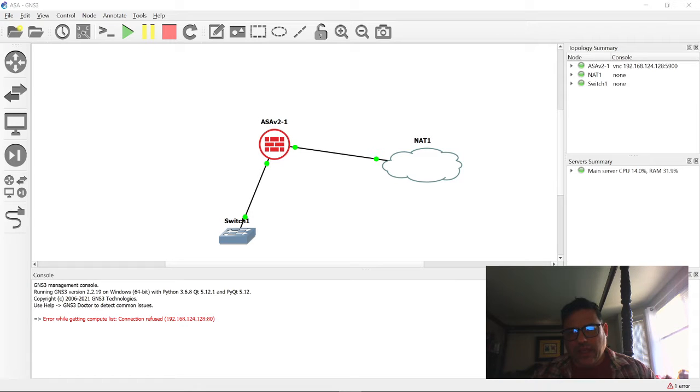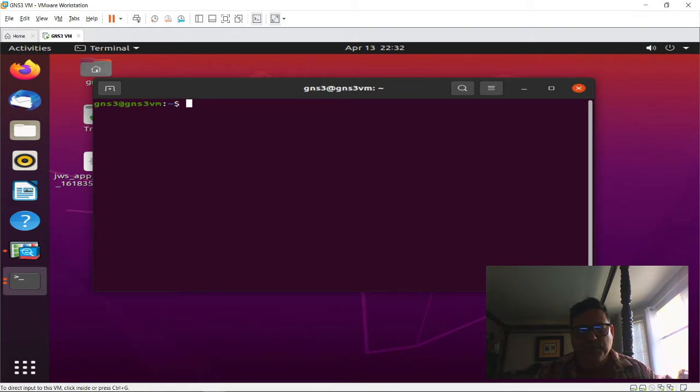That we have a running ASA, and then I thought, okay, well, if this connection is going to the GNS3 VM, then maybe I could load the ASDM application to communicate with the ASA through this NAT cloud. And that's pretty much what we've got going on here. So if we jump back into my virtual machine,